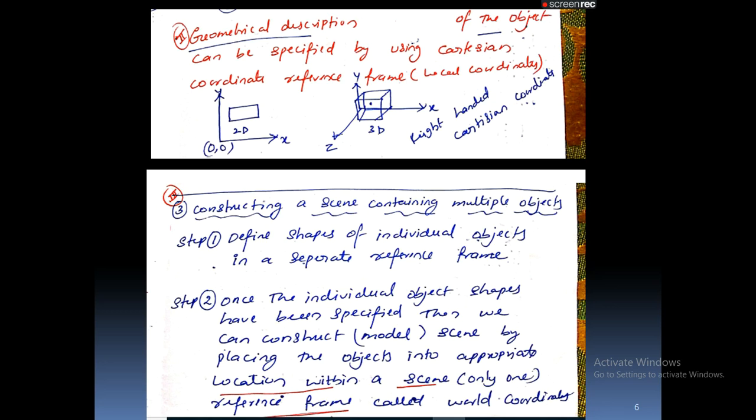In the previous slide, I specified the geometrical description of that box. Assume that I specified 4 coordinate positions. Now I need to represent those 4 coordinate positions in a Cartesian reference frame. As you can see in this image, x and y coordinates represent the Cartesian reference frame where the origin is 0, 0, and I represented the